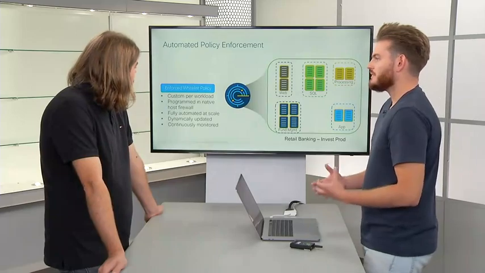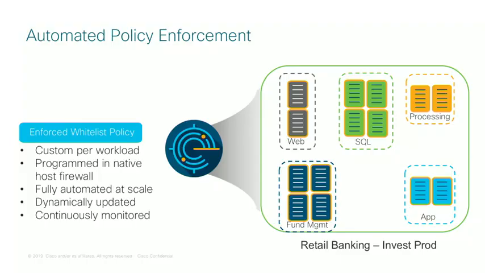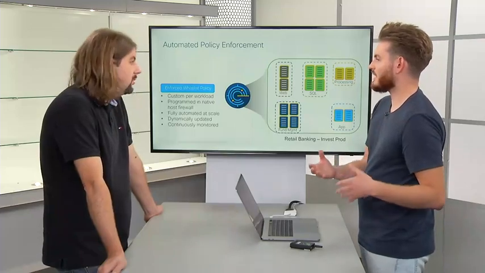So exactly how do we go and apply those controls? We've got visibility, we've worked out what the applications look like. We actually need to go and say, lock that down and stop anything happening that's outside of the boundaries of what we've learned. And the way we do that is by automating policy enforcement via the software agent. So the agent that runs on every single workload actually receives an optimized set of policies for that workload, and it programs those into the native host firewall. So on Linux, we're talking about iptables and ipset, and on Windows, we're talking about the Windows Advanced Firewall.